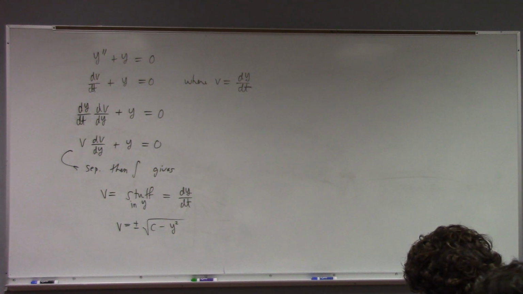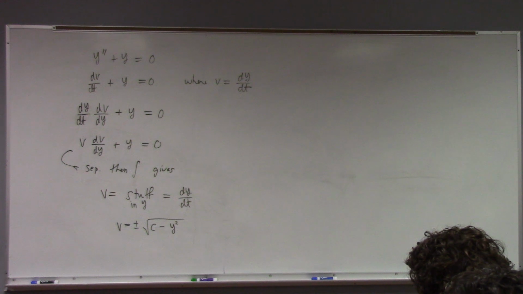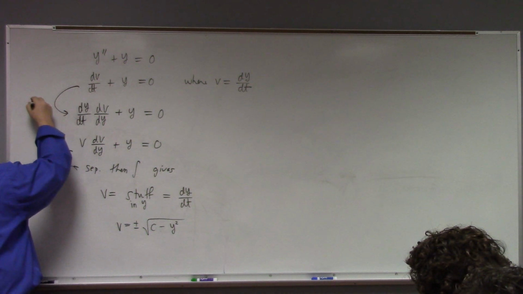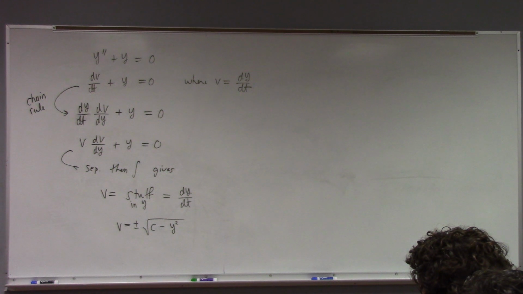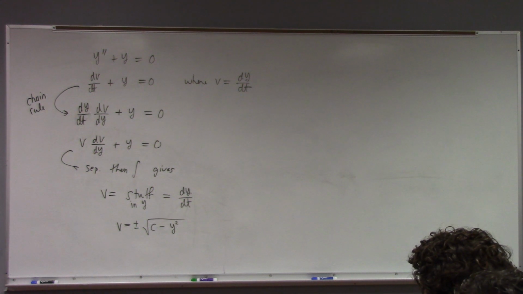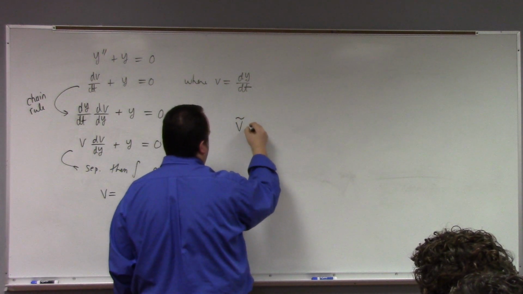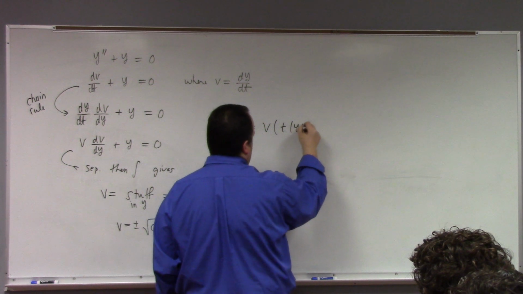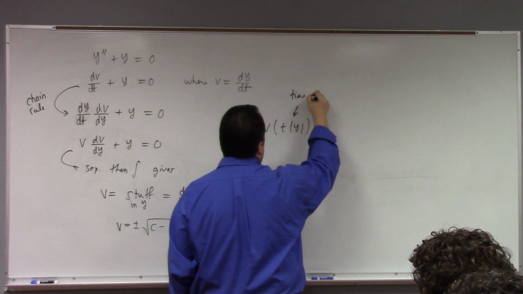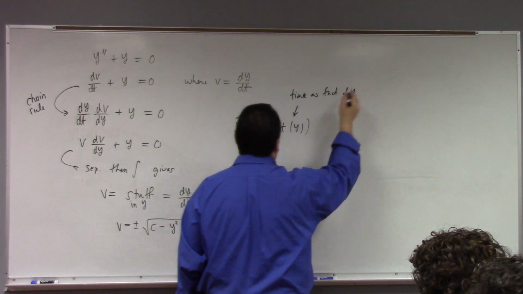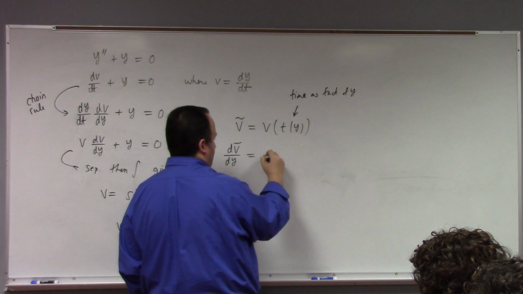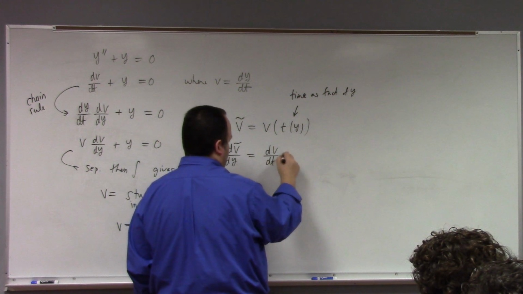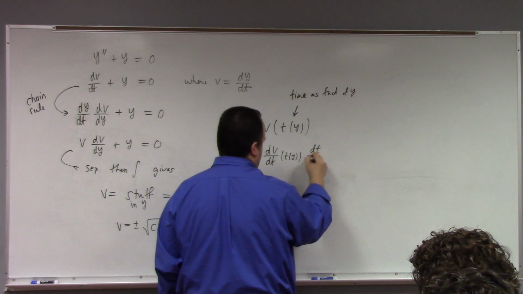Can you please just explain that step again where you change dv/dt to dy/dt dv/dy? I mean, I can tell you what I said before, which is this is the chain rule. It's the chain rule in reverse, I guess, is a more accurate way to say it. We're imagining writing the velocity as a function of position rather than time. And if we do that, right, if I say v tilde is equal to v of t written as a function of y, then I differentiate this with respect to y. Well, then that is, by the chain rule, dv/dt at t of y times dt as a function of y,